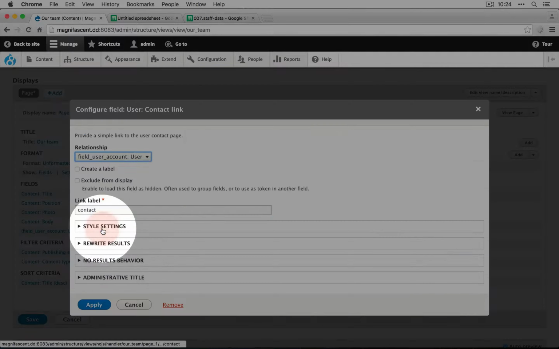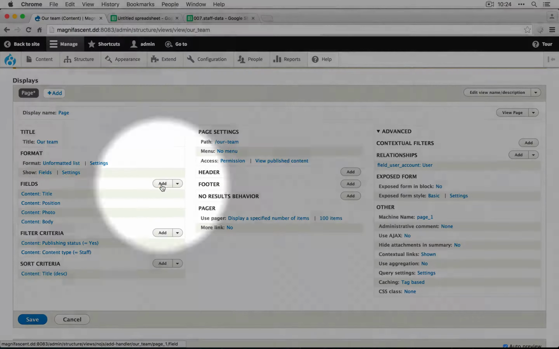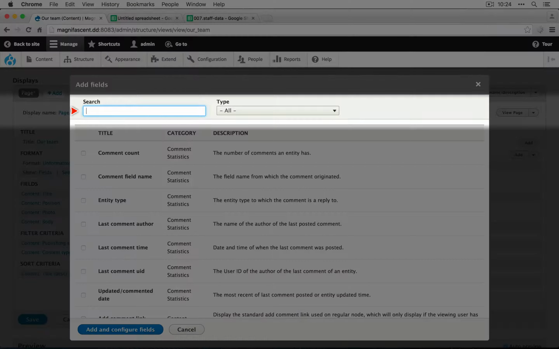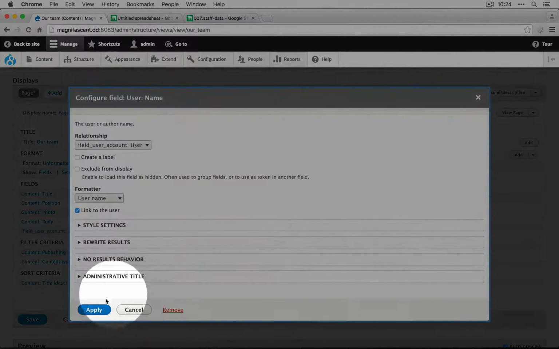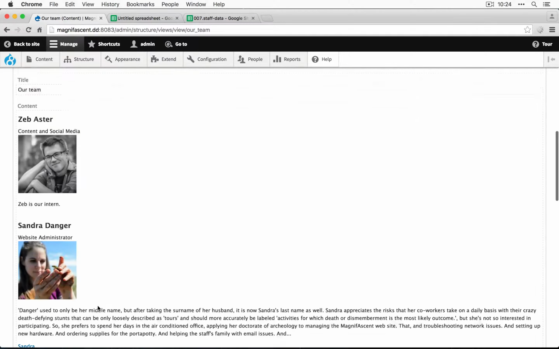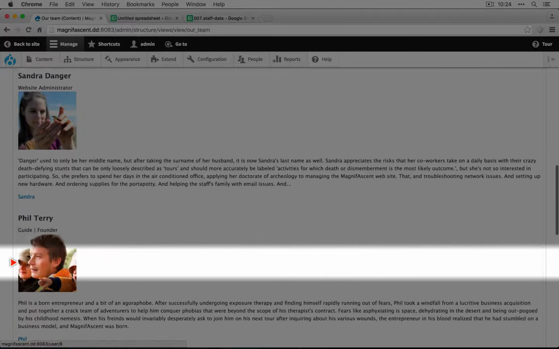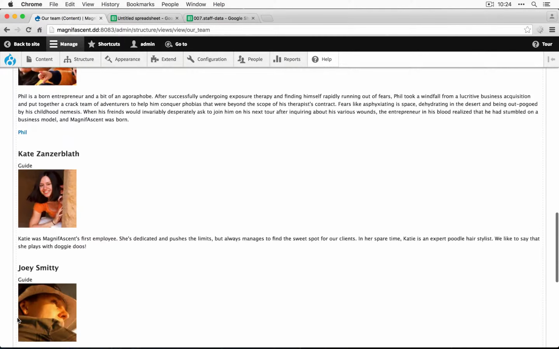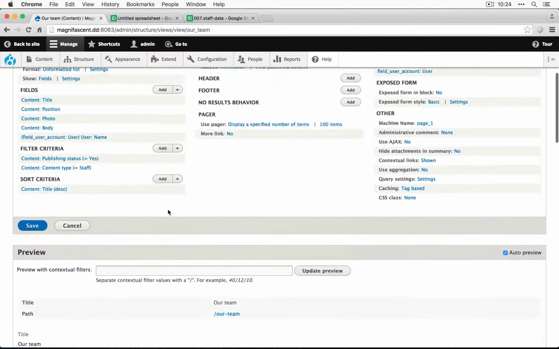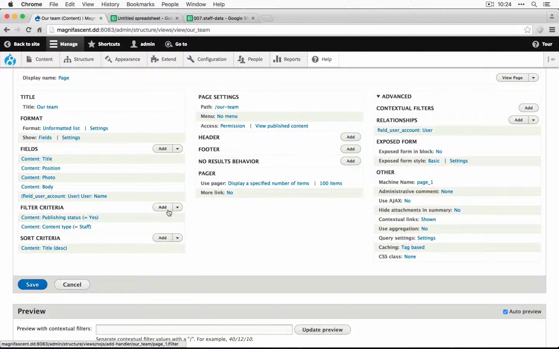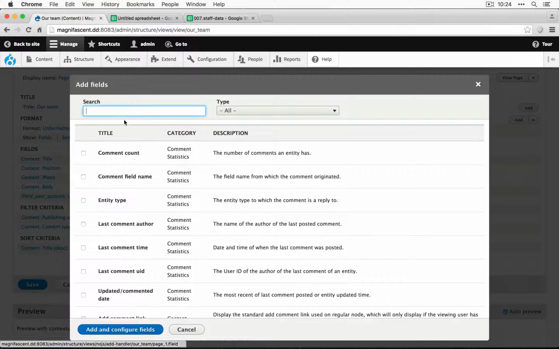If we remove this field and we add a different one from the user, let's add the user name right here, and we click Add and Configure Fields and we'll apply. If we scroll down, you can see that Sandra and Phil are showing up and none of the other ones are, which is what we intend on happening. So what's going on here? Well, we're running into an error, but the error is being hidden by the preview. So if we add the contact link back,